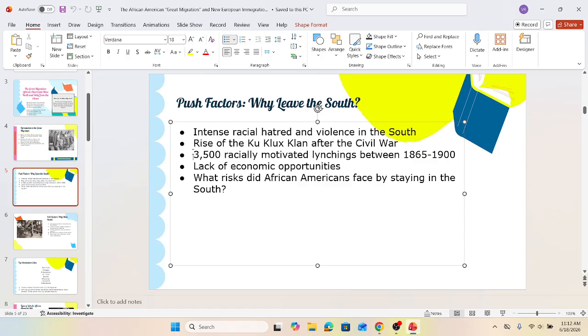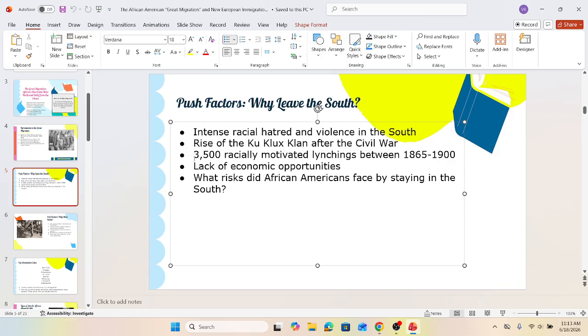And there was just a lot of violence in the South as a result of the end of the Civil War and Black Americans being freed. It actually led to a wave of white Americans in the South promoting just as much hatred and violence against Black Americans as when they were enslaved, and looking for tactics to keep them in submission, essentially. Between 1865 and 1900, there were over 3,500 racially motivated lynchings, which is murder by hanging, with